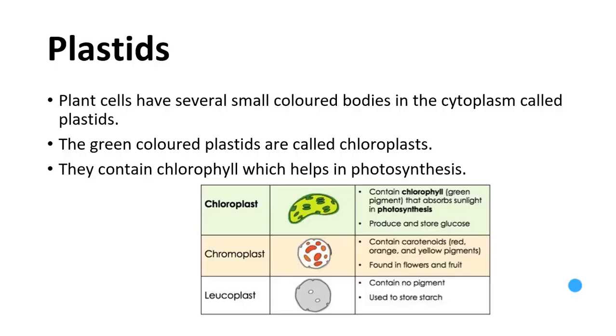Hello students, in this session we are going to discuss some more cell organelles present in every cell. This is an important cell organelle which you see only in plant cells. Okay, so please remember this is a cell organelle only seen in plant cells. The name of this cell organelle is plastids.